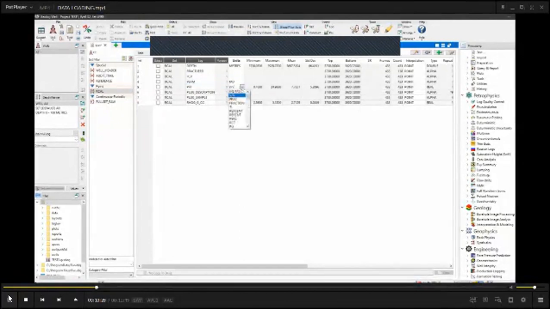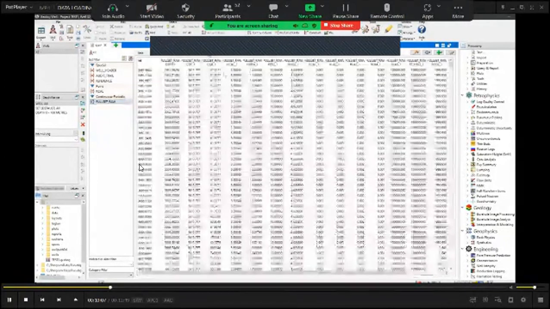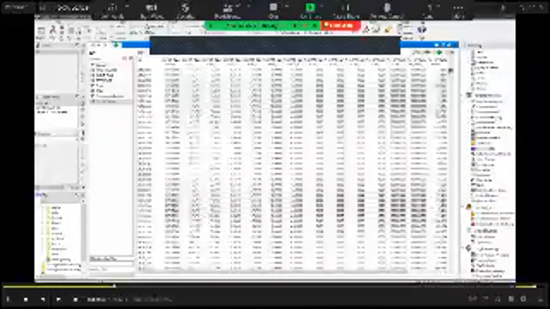Change the units of the loaded data. Change the name of loaded data. This part has several loaded sets, RCal data, full set data that we loaded in this movie.